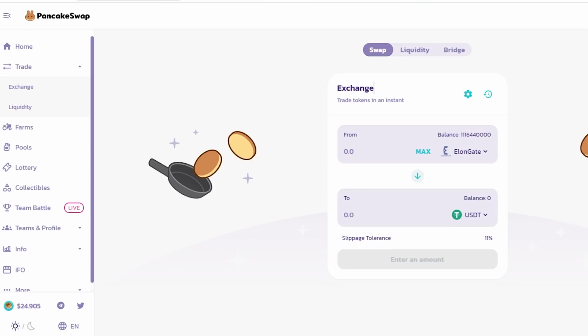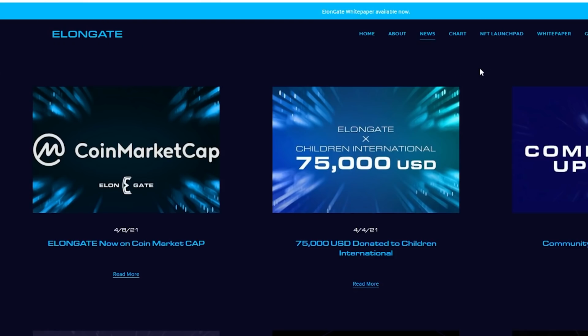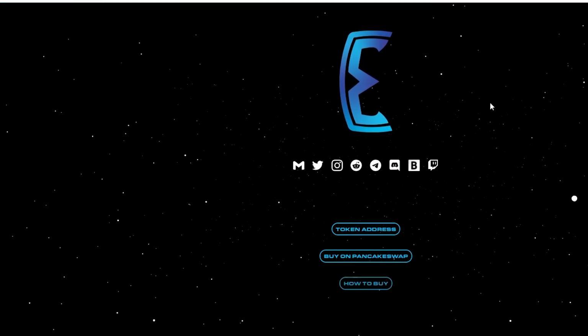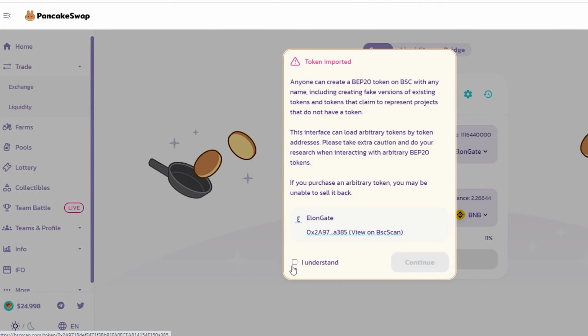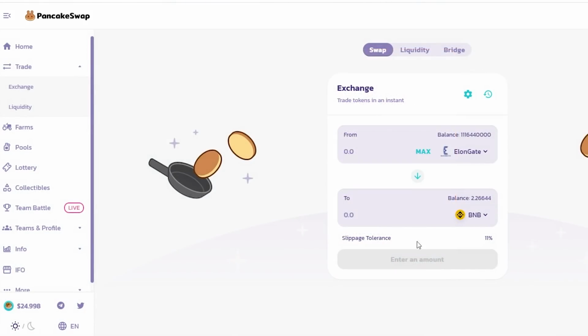Once you're there, it's as easy as going to the Elongate website and clicking the buy button, which should be on the main page here. Yeah, buy on PancakeSwap. It should import the token. You click I understand, confirm, and you're able to swap your BNB for as much Elongate as you want.